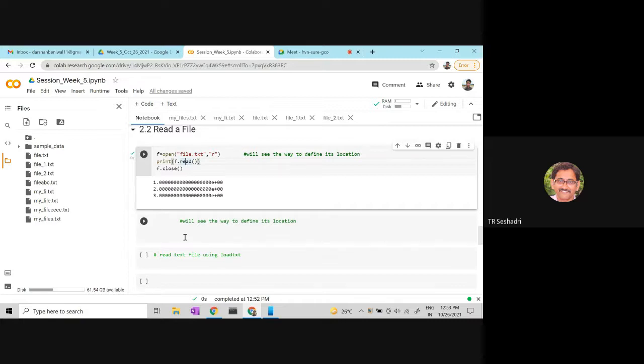I mean, again, my same question. This file is being read already. That is specified by R. Now, whatever is in the file, it just has to print it. So why this read? What has been read? So you need read. F is a pointer. F is an object which is pointing to this file. Now the attribute is read.